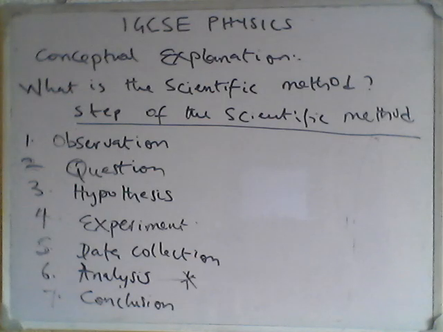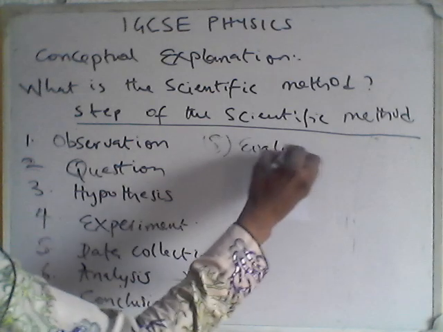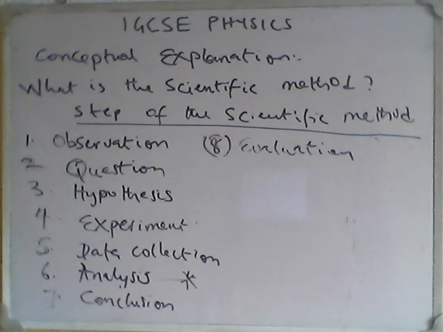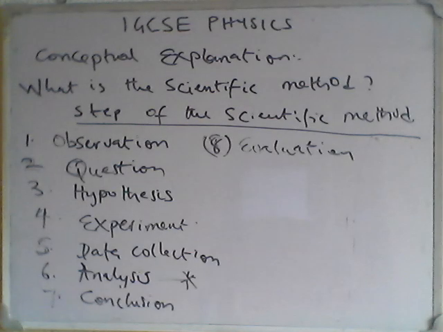But like I said, this seventh step, conclusion, is not the final step. You have the evaluation. Evaluation comes after everything has been done. Okay, so here, you are reflecting on accuracy and improvement. Having gone through this process, how accurate is it? If I do this experiment again, am I still going to get the same results? So you reflect on the accuracy, and then you see where you can improve, so we can reduce random error. Okay, so I'm going to just put a cycle. This actually forms a cycle on the board, and you see how it goes.